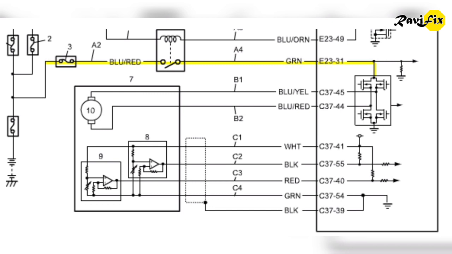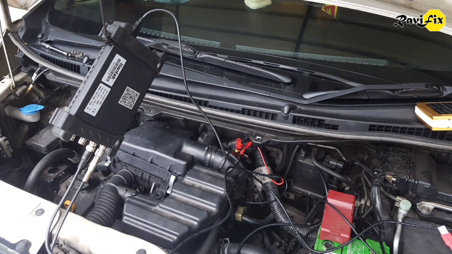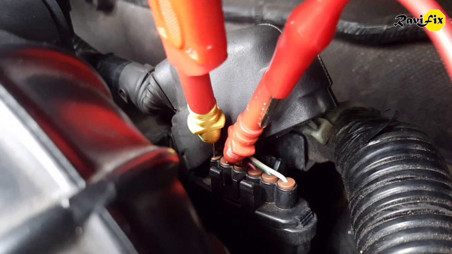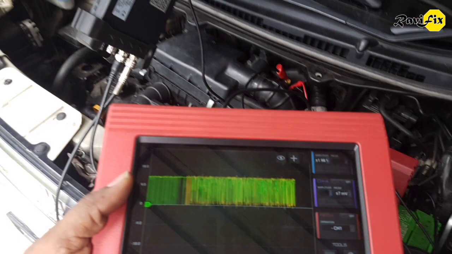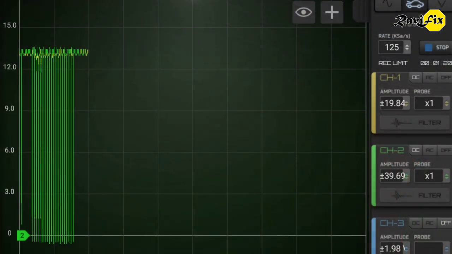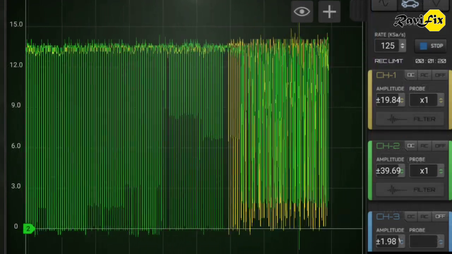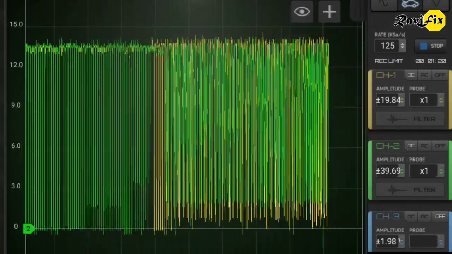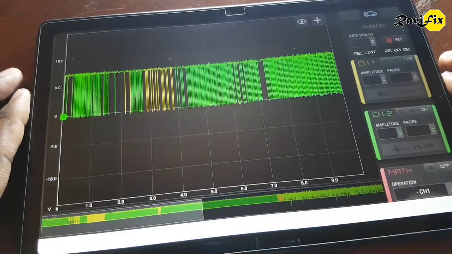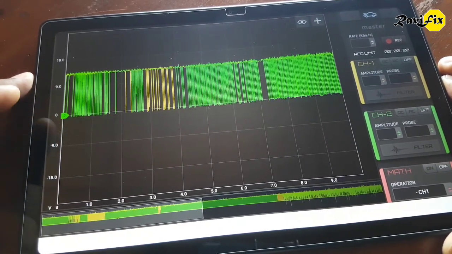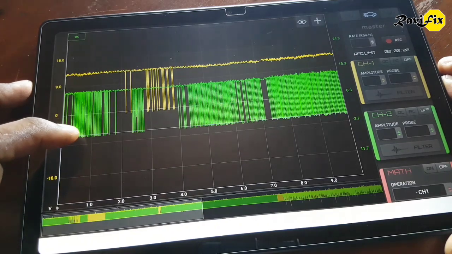To monitor throttle control motor behavior, we captured the waveform of how the PCM controls the throttle motor. For that, we used a lab scope, set 2 channels and back probed 2 pins of the throttle motor control. Here is the waveform and I will show you how we can analyze it to find the fault. Here you can see the green trace and yellow trace indicate those 2 channels and both stay at battery voltage as shown here.